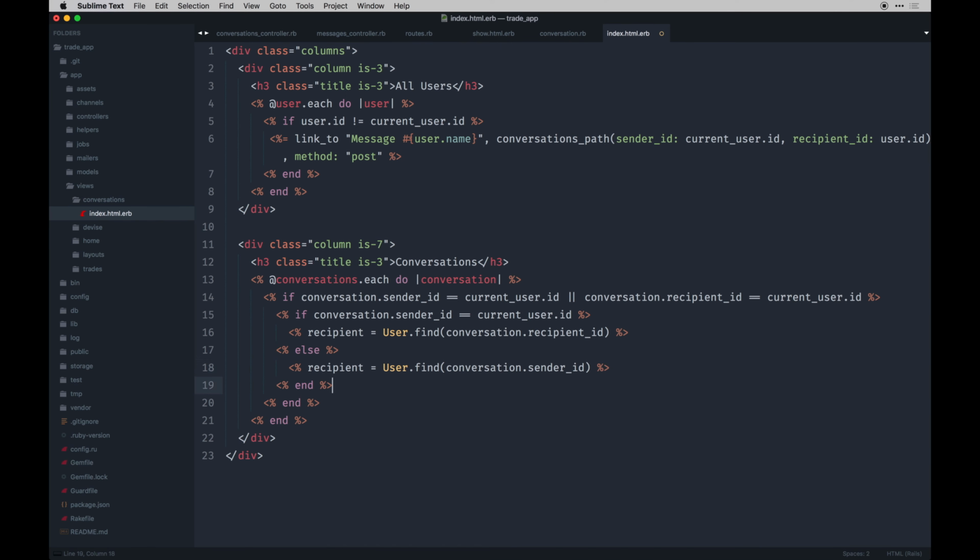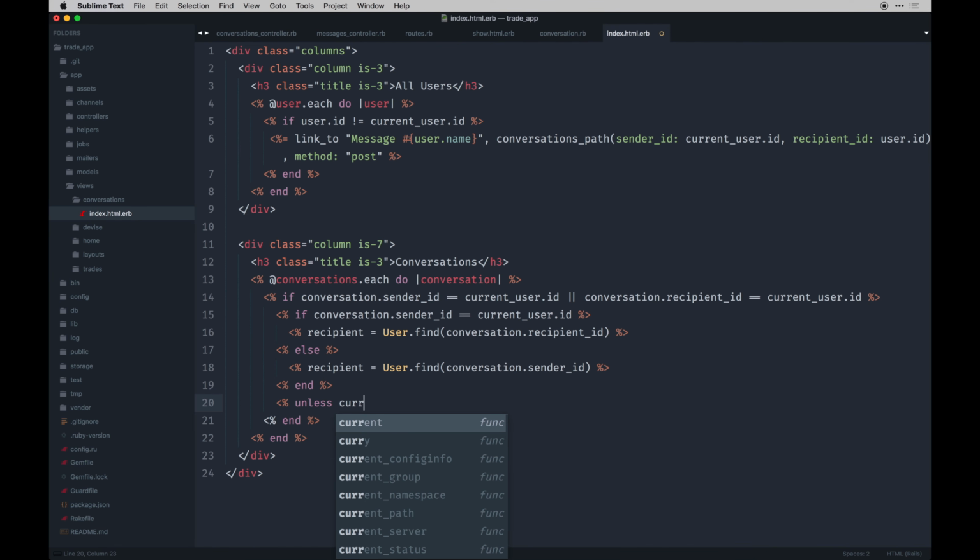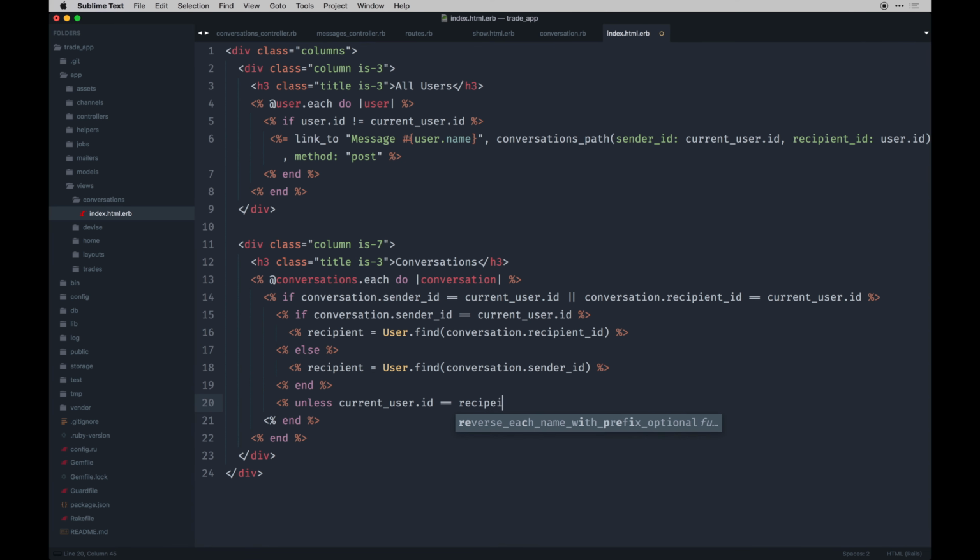So this is a bunch to put in a view, so you might consider abstracting it out. I'm going to leave it alone for now for the sake of time. But here we're going to say unless the current user is equal to recipient ID, I want to display this stuff. So recipient ID